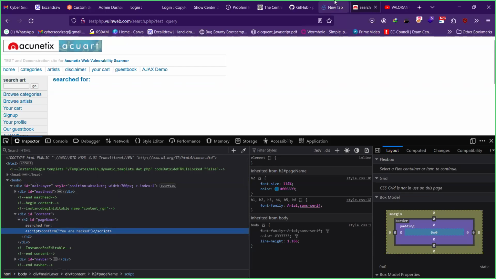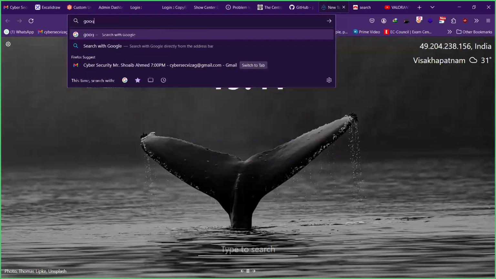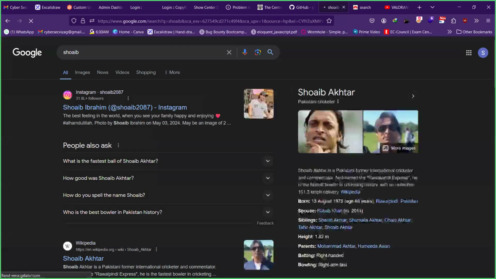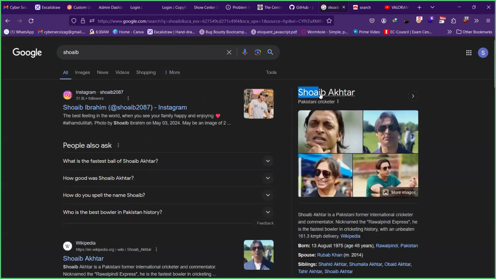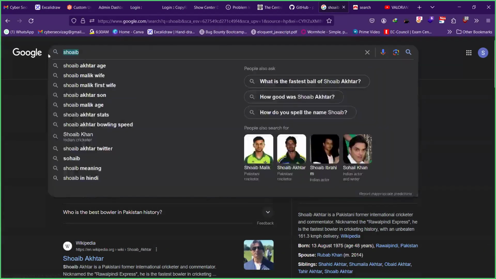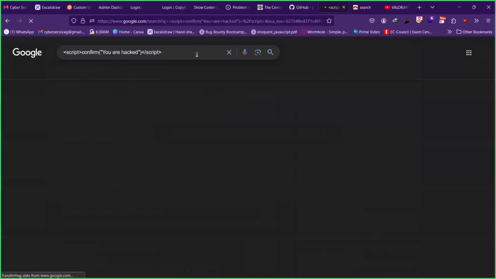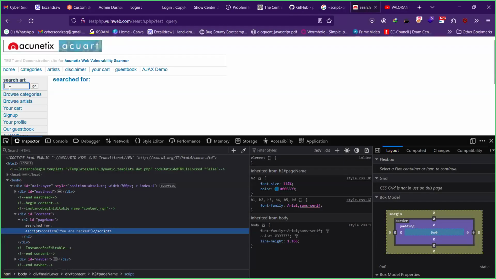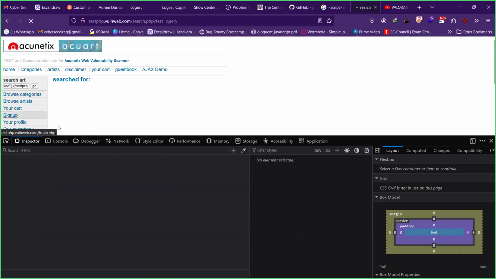Okay. A secure scenario is Google now. So if I go to Google, here also we have search bars. So if I search for sure, that word gets reflected multiple times to me in the web page. But when I enter the script, you can see when I hit enter, script doesn't execute. I don't get any pop-up on the screen. So this is an example of a secure scenario. Okay. And this here is an example of an insecure scenario where it is executing and adding our code to